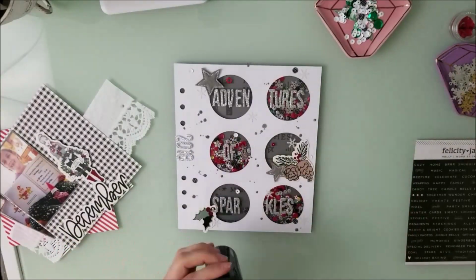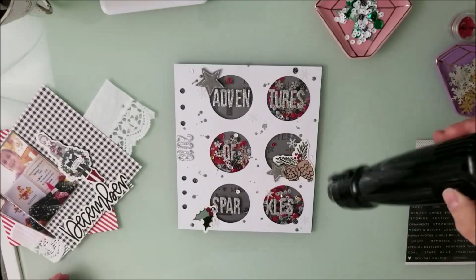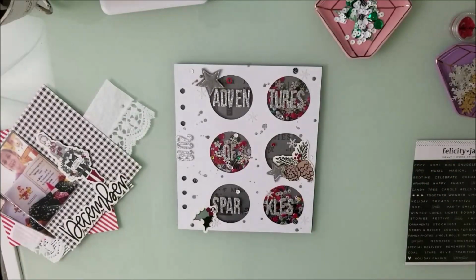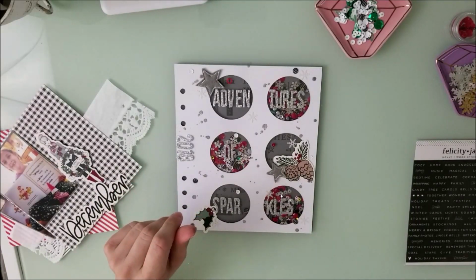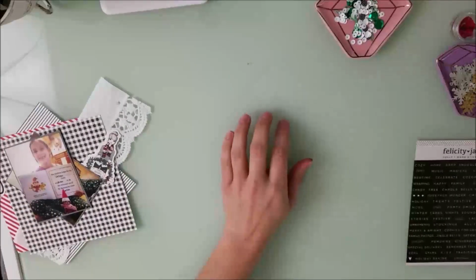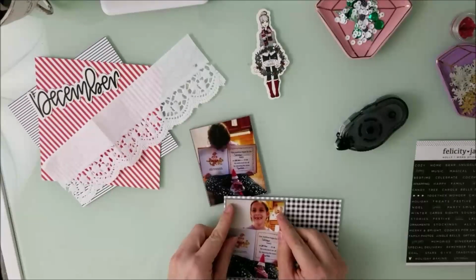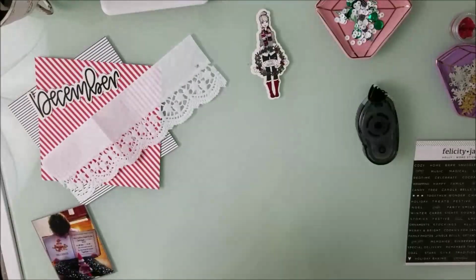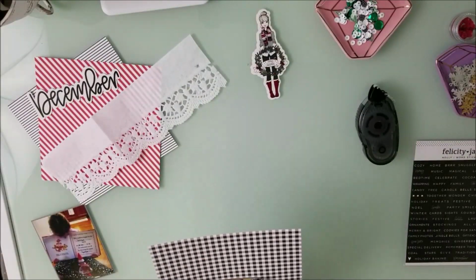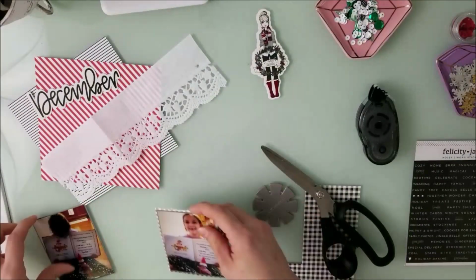Here's the splatters I was telling you about. I go back in and I do all the splatters. And I do come back on camera because I had to let this dry. And that was the problem I was having, that I needed this to dry and I couldn't work on the pieces that I wanted to. So I went off camera quick and got the pieces that I wanted together. And then I'm going to work on it without working on the actual gray part of my shaker pocket,